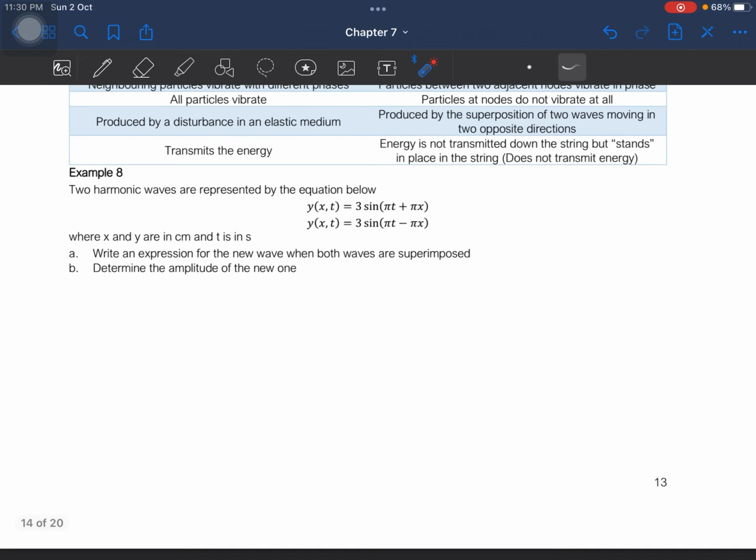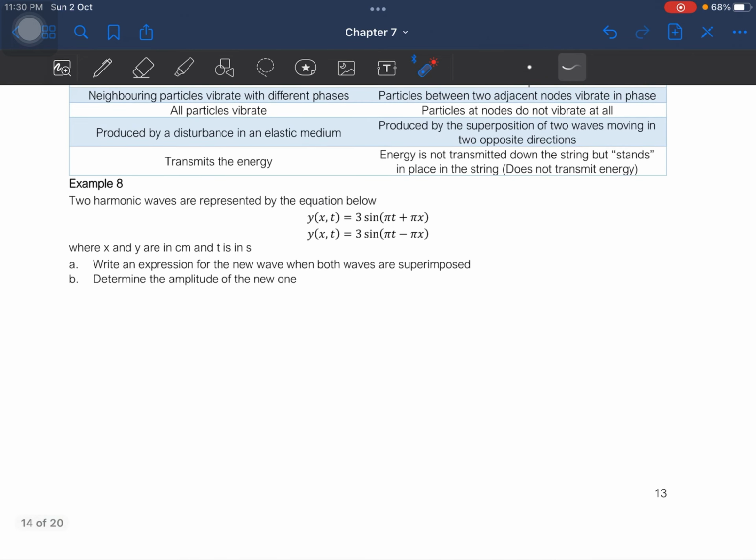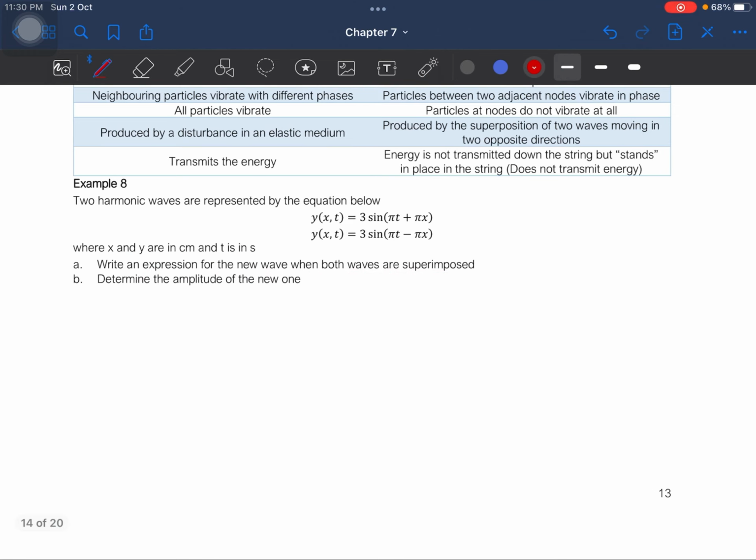Okay, found it. So example A: two harmonic waves are represented by this equation here. x and y are in centimeters and t is in seconds. We have to write an expression for the new wave when both waves are superimposed and determine the amplitude of the new one. So this is your y1, this is your y2. So y is equal to y1 plus y2, which is equal to